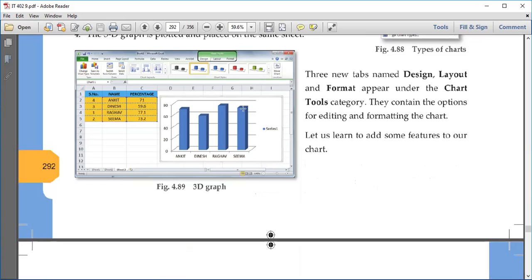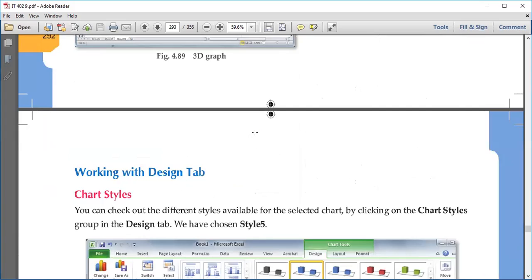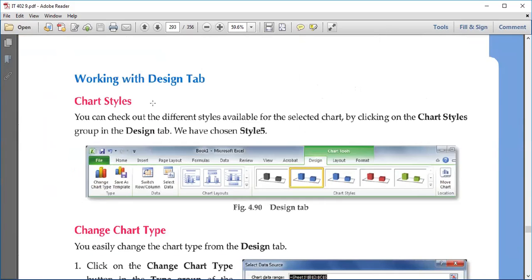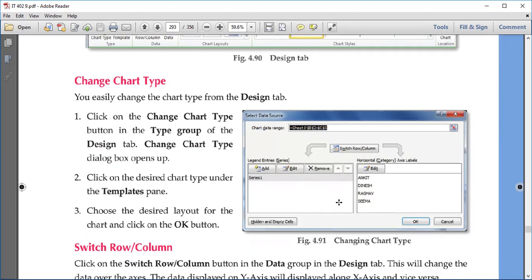And in Format, we can change the format, like this blue color of the data series, if you want to change it into red or some other color, that can be done in the Format tab, right. If we talk about the Design tab, in the Design tab there are chart styles, inbuilt ready-made styles. So if you want to implement any of these, you can just select from this drop-down arrow. So that kind of design you can apply straight away, right.